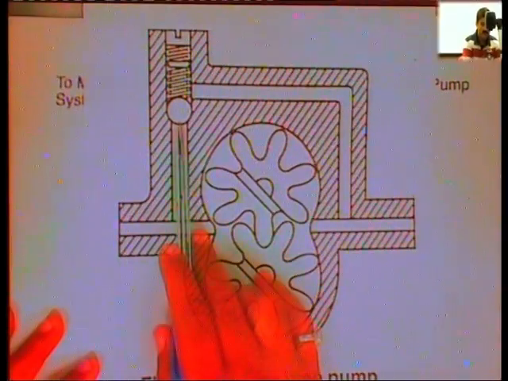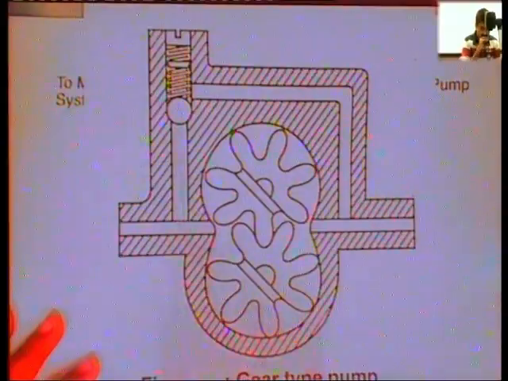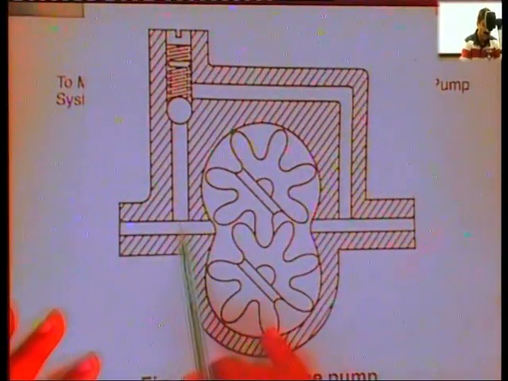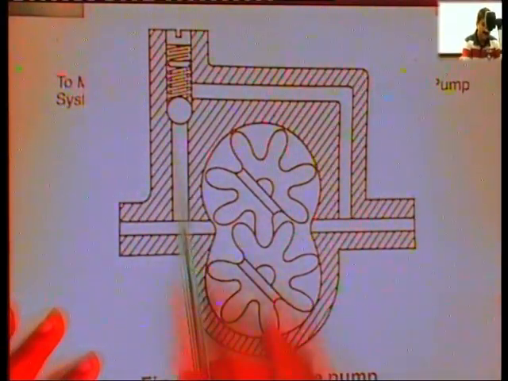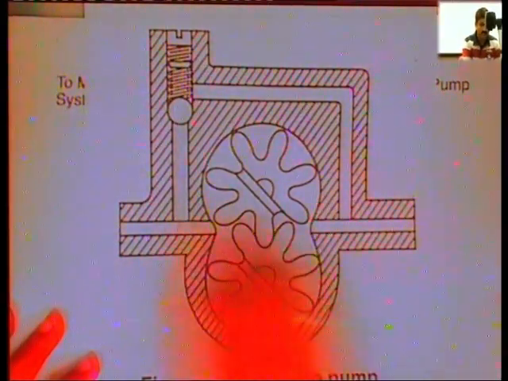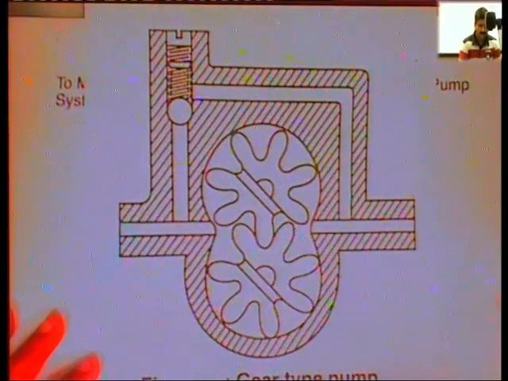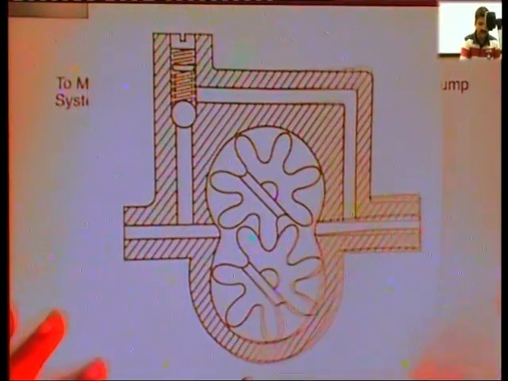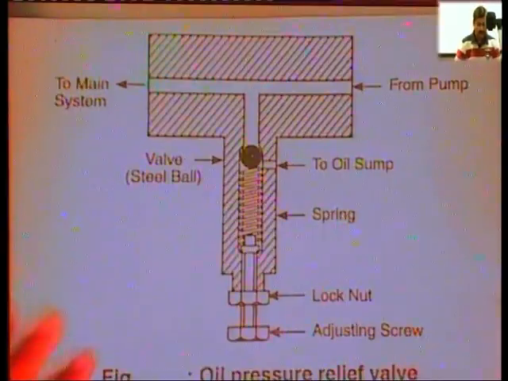Here is again a pressure relief valve, a spring loaded pressure relief valve, a ball is provided here. If the pressure in this line exceeds a certain limit, this ball will be raised against this spring and the oil will be bypassed to the intake line. This is called a gear type pump. This is the oil